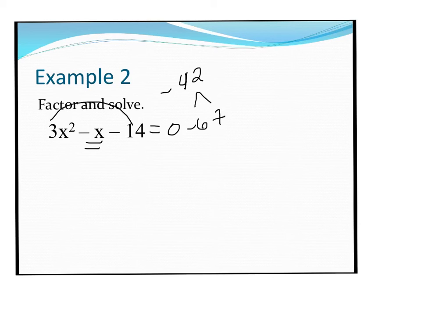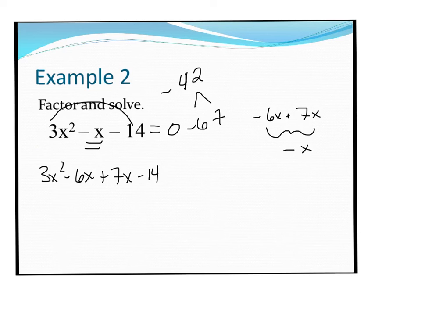So I'm going to split the negative 6 and the 7 into my middle term, because if I add these together, it gives me the negative x that I have in the middle. And so I'm going to rewrite this quadratic. I am going to purposefully put the 6 next to the 3, and then put the 7 and the 14 together. The reason for that is because I know that I'm going to factor by grouping,